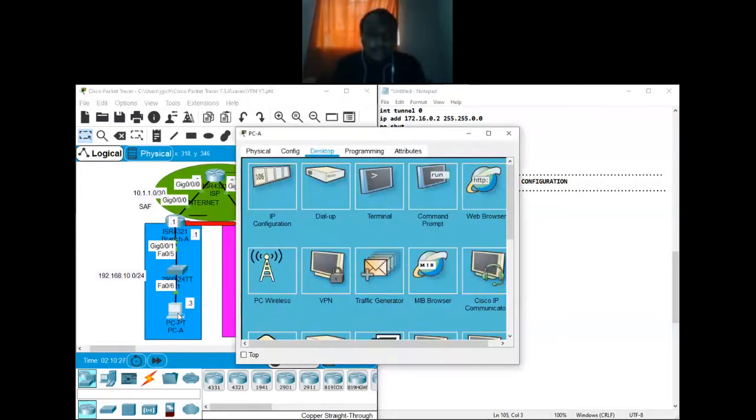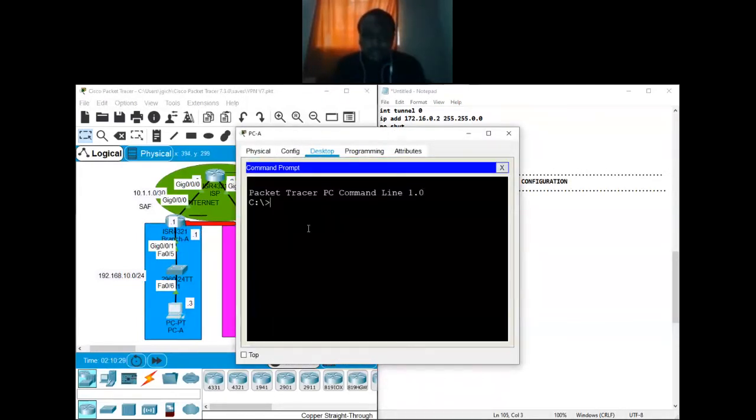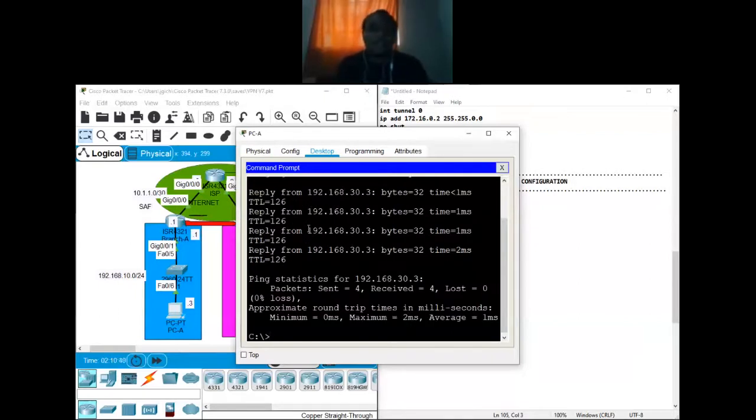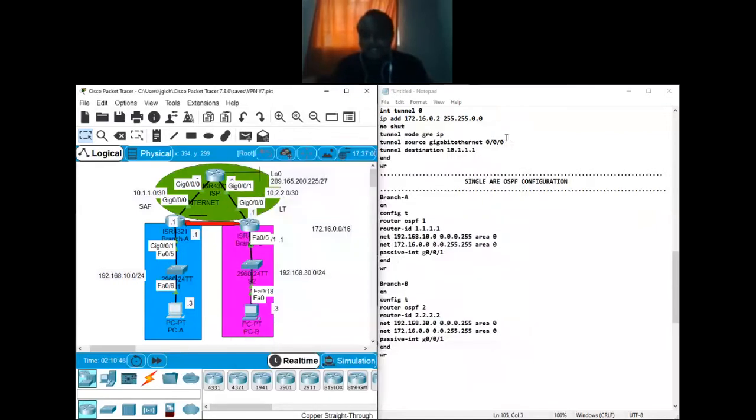So I can open PCA command prompt, and then I ping 192.168.30.3. I can ping the 30.3. So that's how we do VPN, creating a virtual link between branch A and branch B. Remember, this VPN that you've done is just the channel.